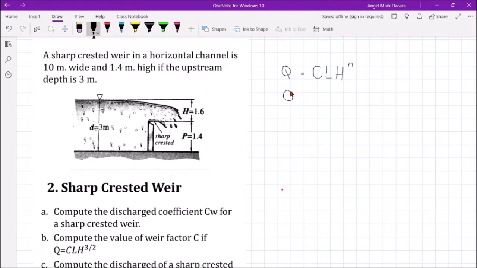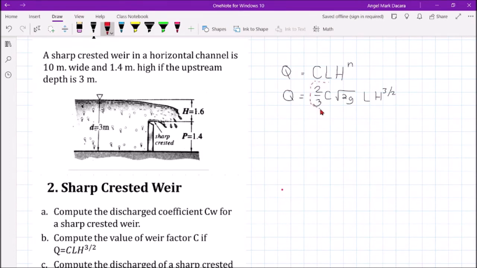Ngayon, for rectangular weirs, ang formula is 2/3 C times square root of 2G times L H raised to 3/2. So, kung mapapansin nyo, considering this general formula for rectangular weir, yung C na to, yung coefficient,